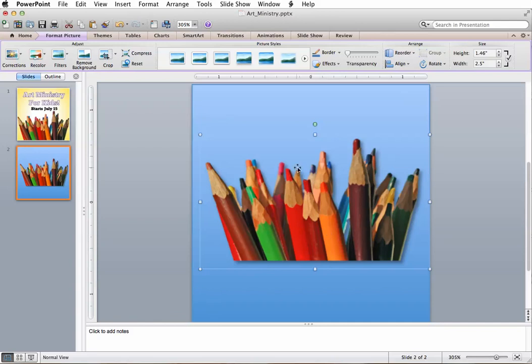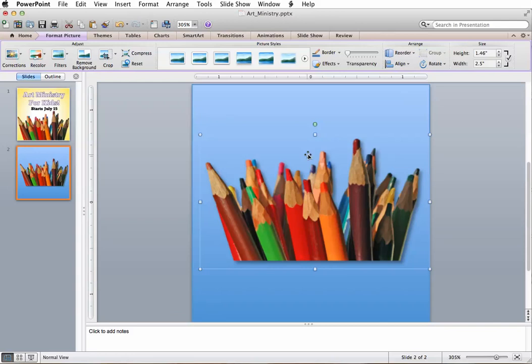Where this might come in handy, for example, and I'll show this in another video, is if you have your church logo and you've taken the time to remove any background that there might be, you could save it and then very easily drop in that transparent background version of your church logo and just use it